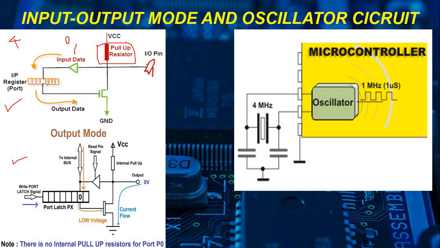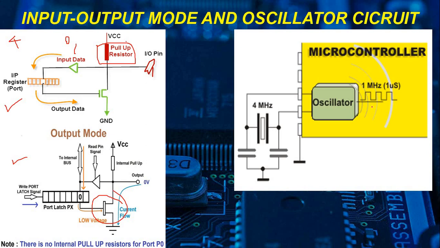Okay, if I want to use that as a pull down also, we can use that. And we are using FET transistors. We will discuss it in detail in our next presentation, because we have a separate explanation of IO ports. Each port we will discuss there. This is the basic conditions of IO ports.